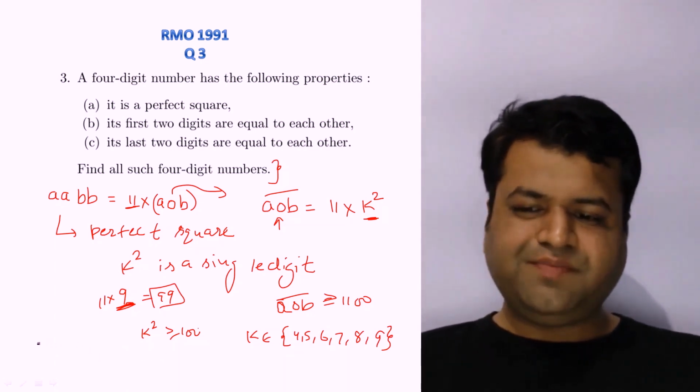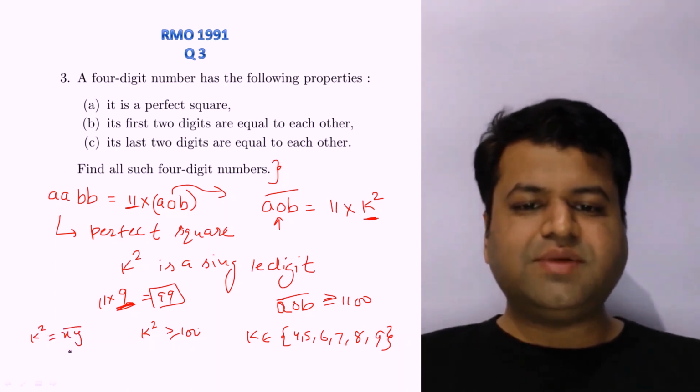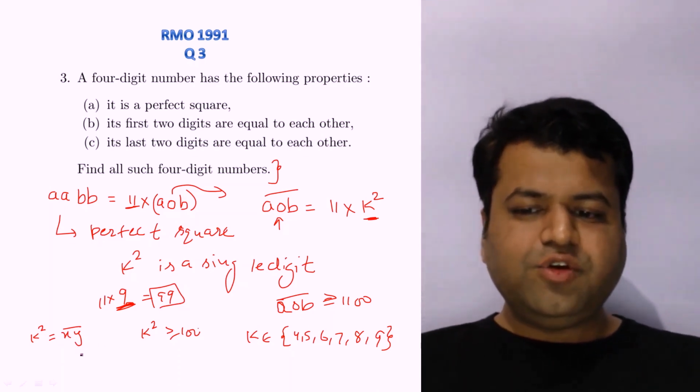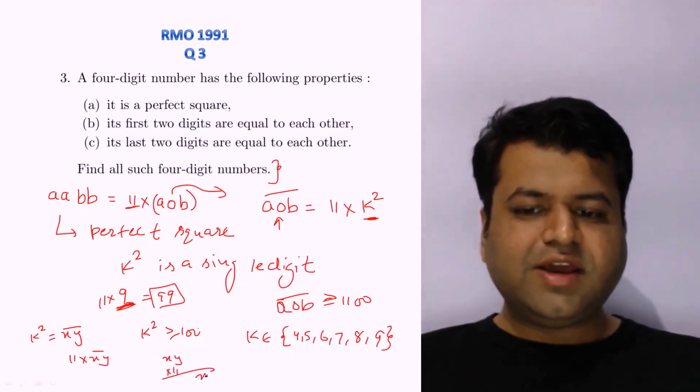Now if you see, let's assume k square to be xy. Let's assume k square is a 2-digit number, that is xy. Now if you multiply 11 with this xy, what will you get? You will get xy into 11. What we will get? We will get xy